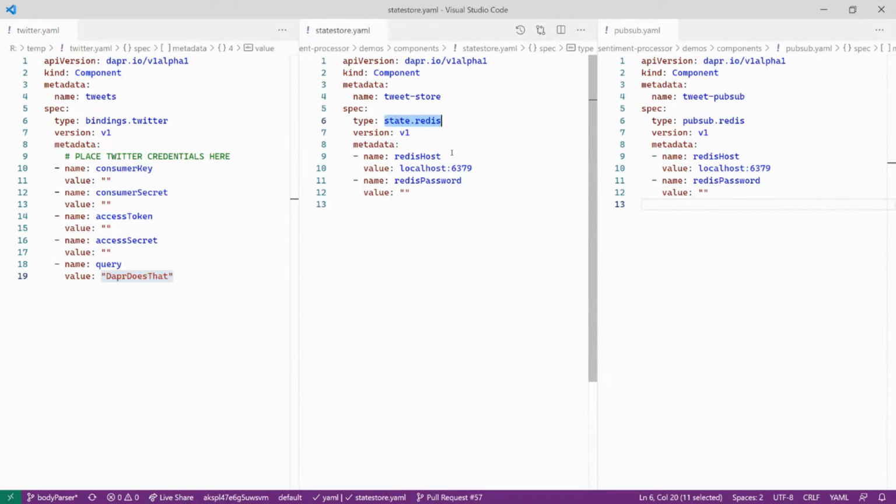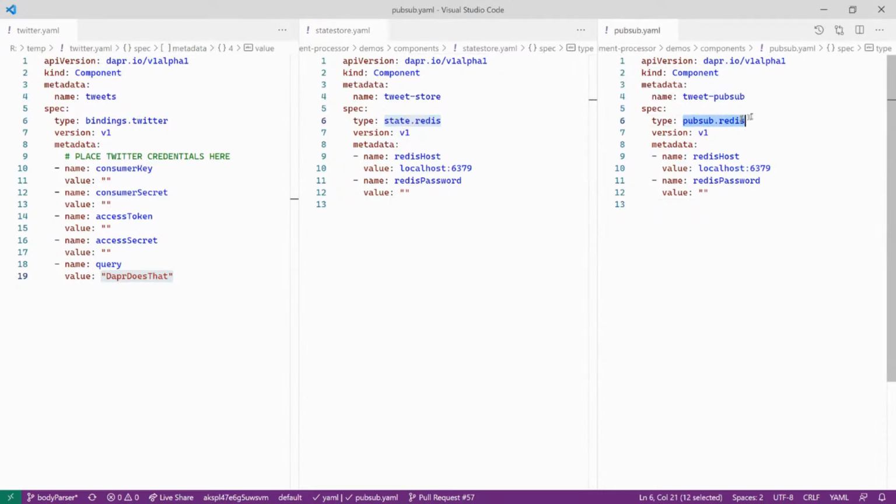And all I have to do if I want to switch from Redis to Cosmos DB or to MySQL is simply change the type of this particular component, and I'll be able to save state without changing a single line of my code. I cannot tell you how cool it is to be able to say that my code does not change regardless of the components that I'm actually using. If I'm running on-prem or in the cloud, in Kubernetes, or on the edge, none of my code changes. It all stays the same. I just reconfigure my components. And then here for PubSub, I did the exact same thing. We happen to be using Redis for both PubSub and for state, but I could actually mix and match those, which I will do once we move to the cloud.